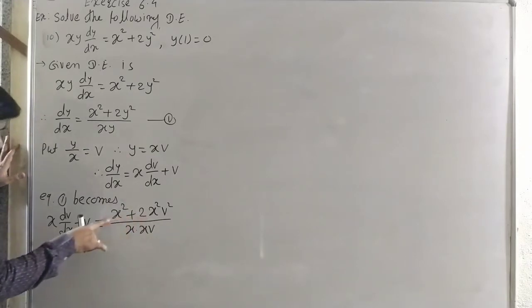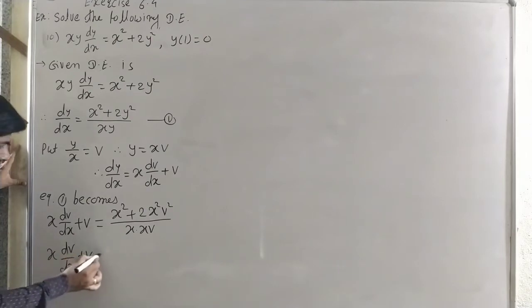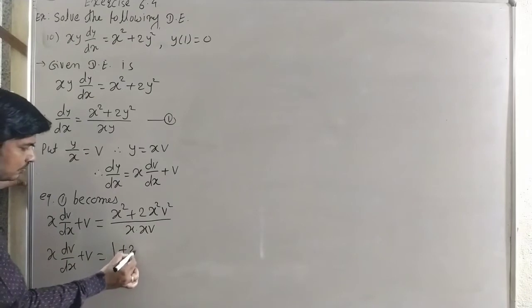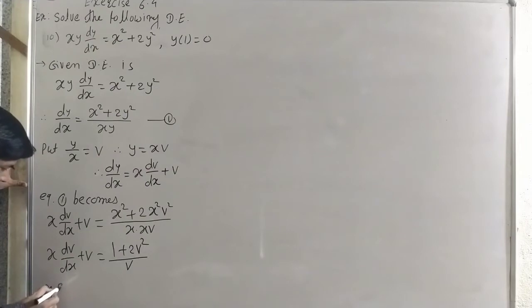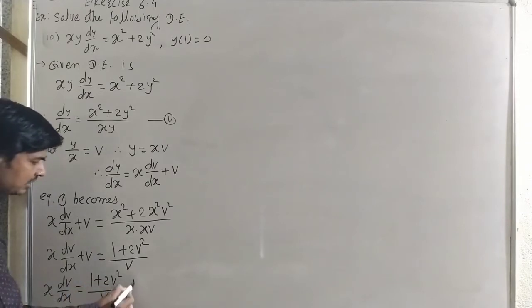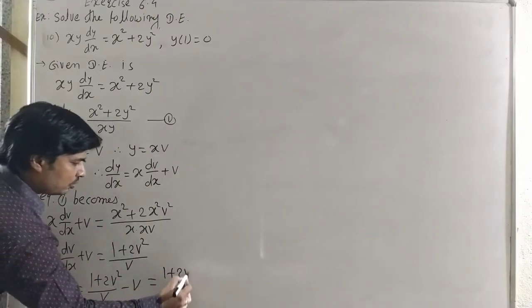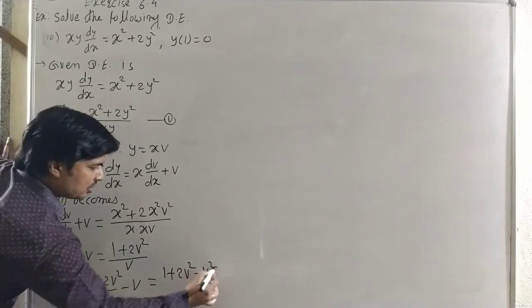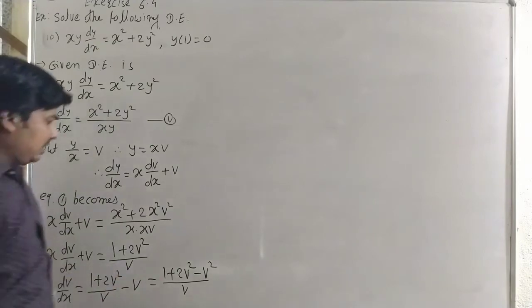Okay, now it is x square and x square, take common and get cancel. We get x dv by dx plus phi is equal to 1 plus 2 phi square upon phi. Now x dv by dx is equal to 1 plus 2 phi square upon phi minus phi. This phi will be minus. Then 1 plus 2 phi square minus phi square upon phi, it is a subtraction. 1 plus 2 phi square minus phi square, and then we get